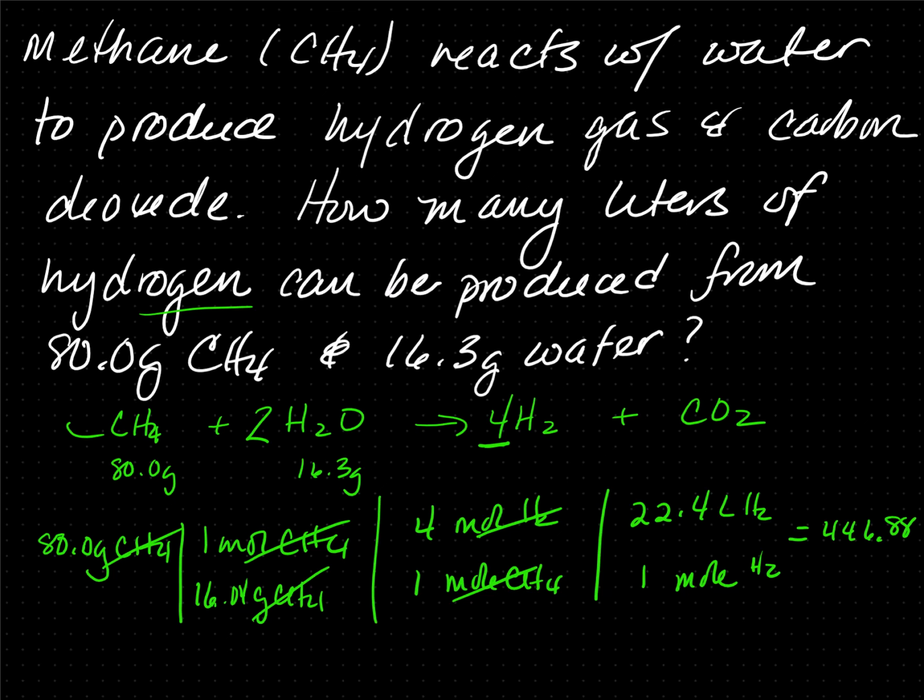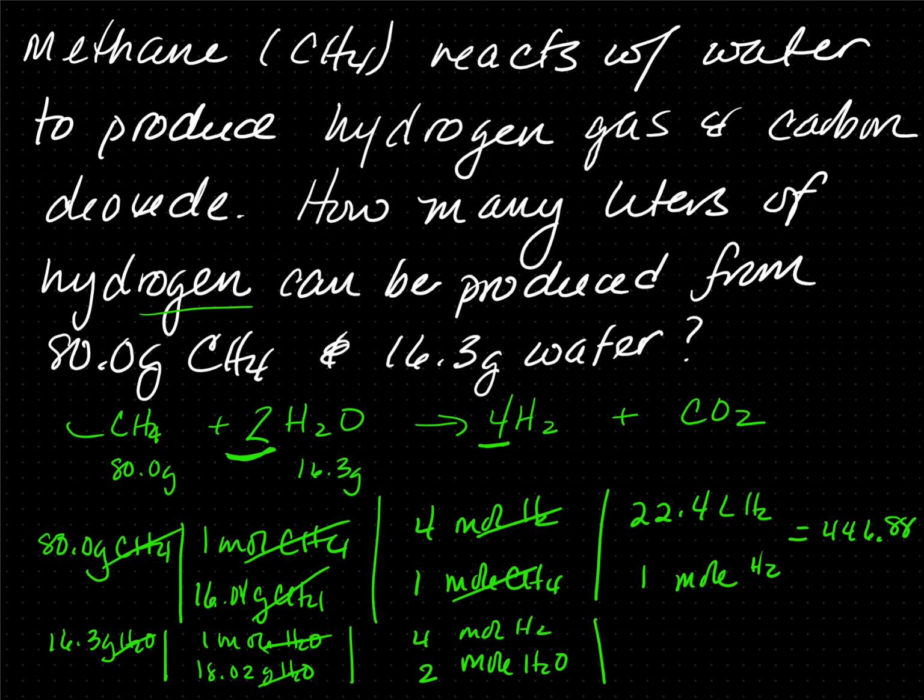We're going to repeat the procedure with the water. So we're going to start with 16.3 grams of water, 18.02 grams of water to 1 mole of water. The diagonals cancel out. Moles of water, moles of water. There are 2 moles of water because the coefficient is 2 to 4 moles of hydrogen. And we're going to go diagonals again. 1 mole of H2, since we're molar volume, that's 22.4 liters of H2. Multiply the top, multiply the bottom, and divide. You should get approximately